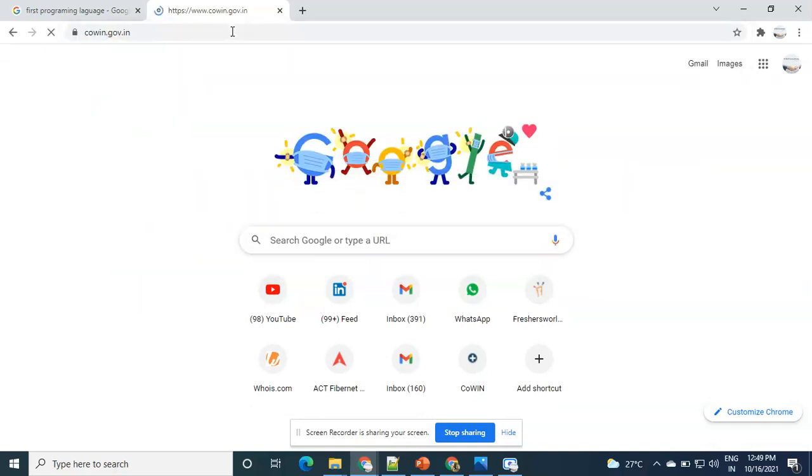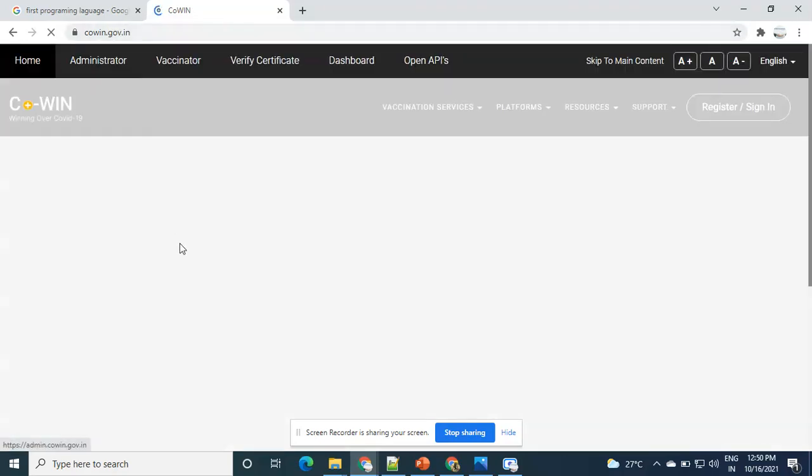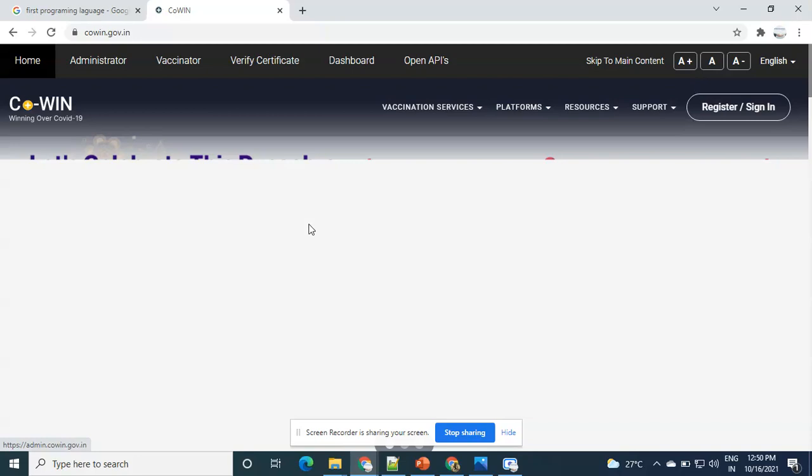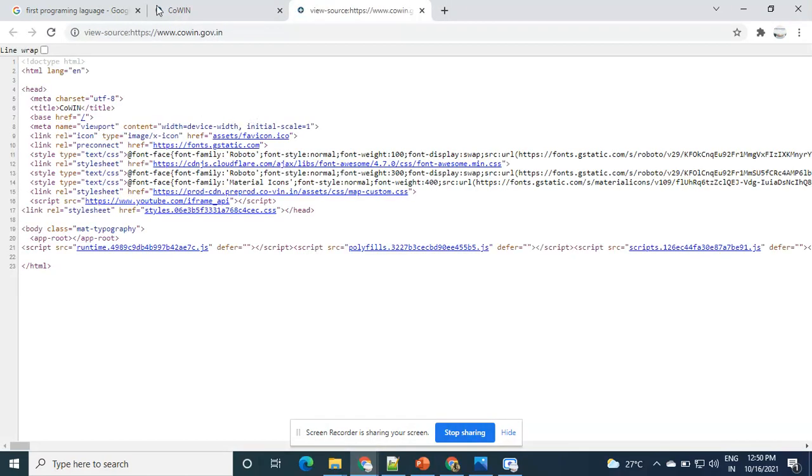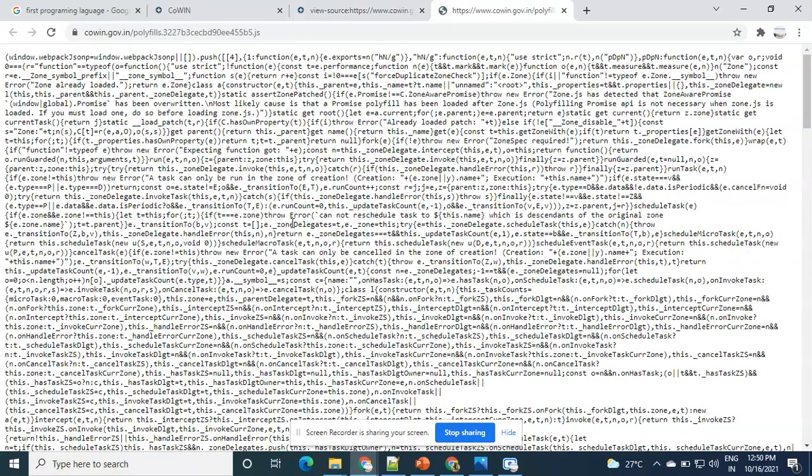I'm searching. Then what happens, this request will go to the internet, and the internet finds some server. It sends the request to the server, and the server sends the response as this website. Let's check what is inside this website. Just press control U. You can see that whatever you're looking at is nothing but some html, and you can see some images and css, some javascript files. If you open, you will find javascript code here.